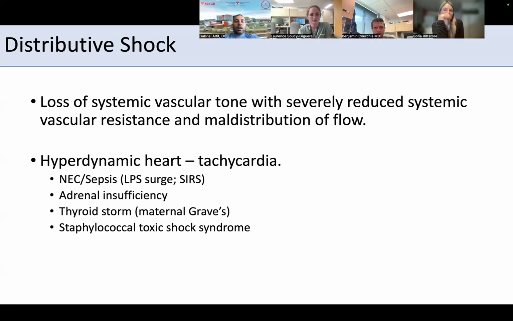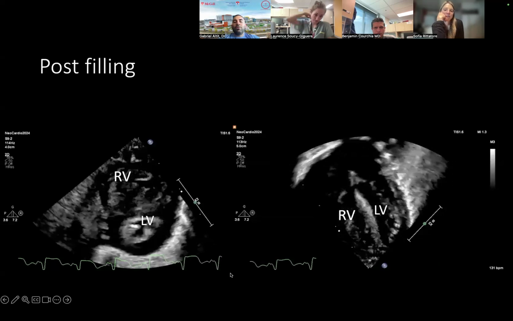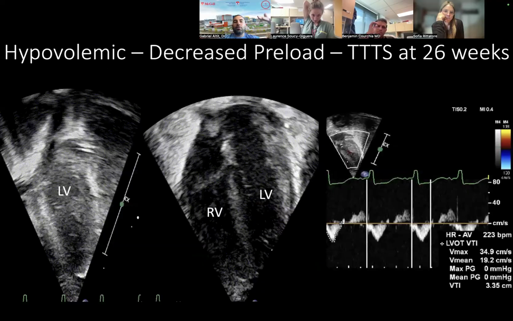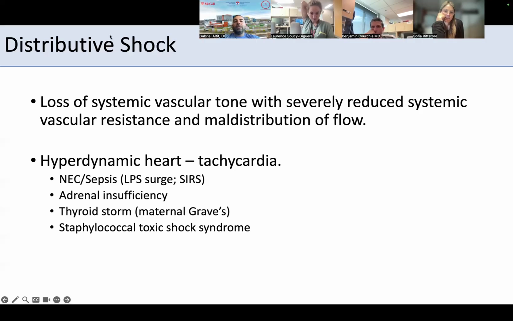Distributive shock. I find distributive shock may have sometimes a crossover with underfilling or hypovolemia, because in distributive shock, you can have a lot of venodilation. And because of that, you get a lot of pooling in your systemic compartment and the venous systemic compartment. And because of that, you have low venous return. And that's why often the first treatment in distributive shock, like NEC, is to consider giving some degree of